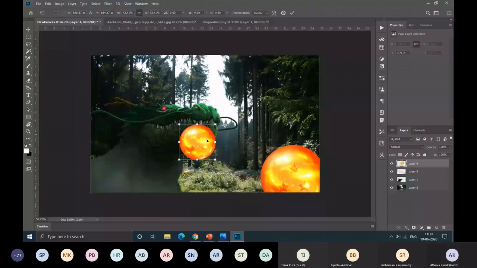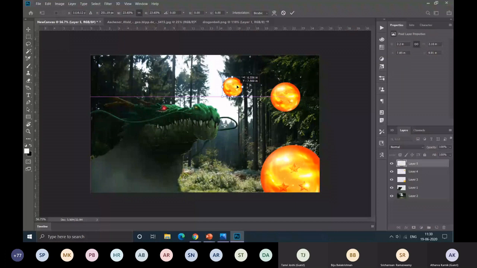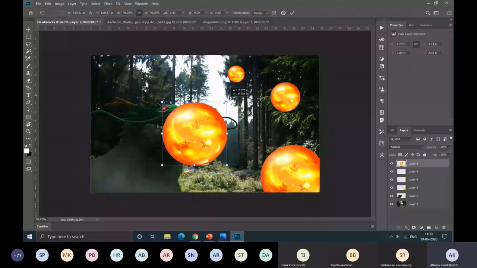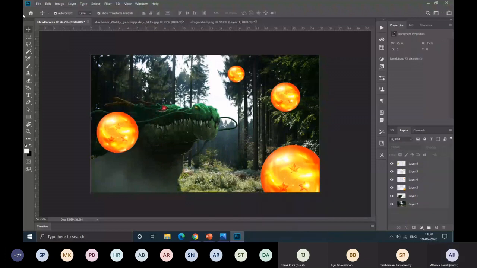We'll create some perspective effect with these balls. Or if you prefer dragon balls. We'll add this dragon ball behind the dragon now. So just place it here. And as you might guess, you just have to bring the dragon forward. Like this. And the dragon ball has gone behind the dragon.